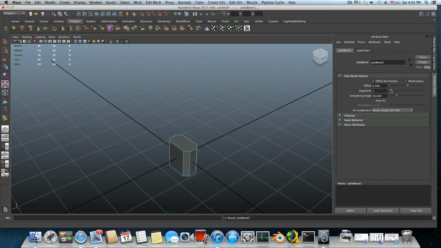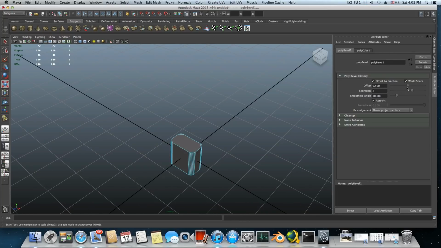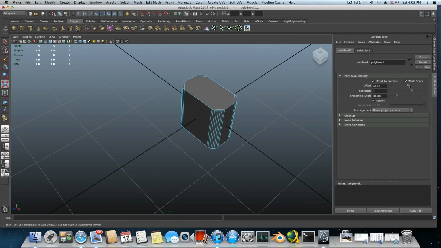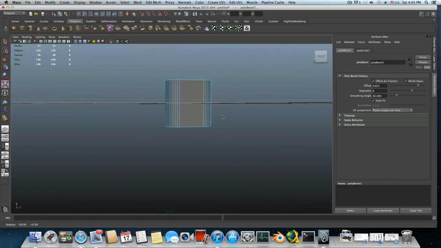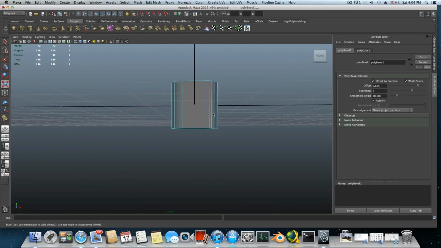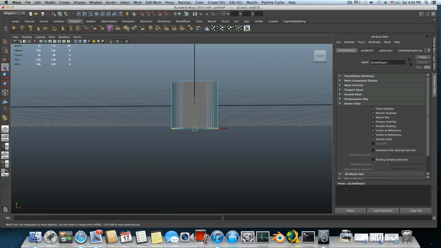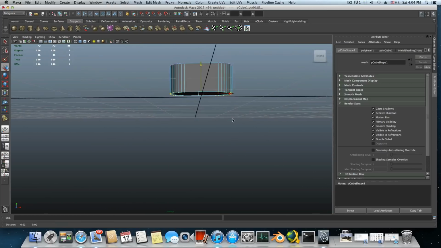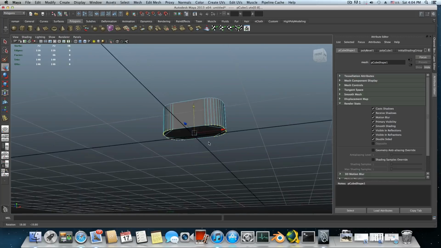Now we want to add more segments, something like 8, I think it's enough, even more if you like. And the offset is really important right now. You need to make sure that these corners look something like this, okay? And then you want to right click on your object, choose vertices, choose these vertices, and bring this somewhere here, okay? Just like that, maybe even a little bit like so. And then